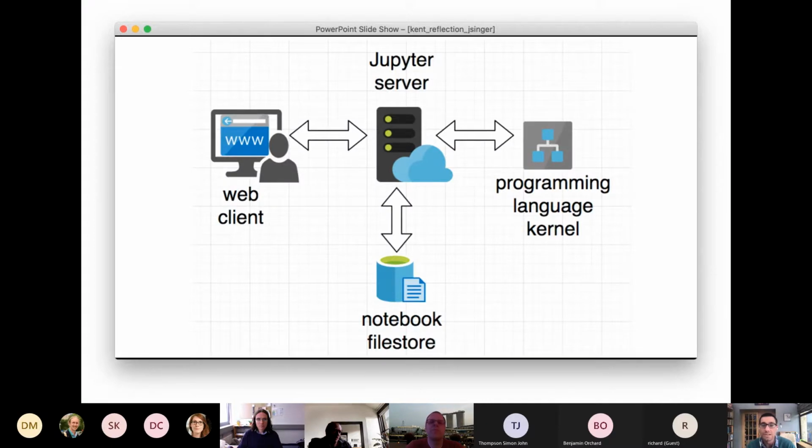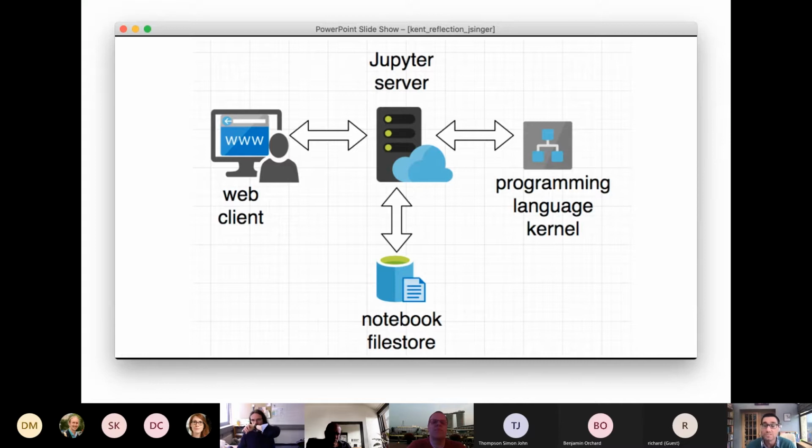The architecture of the Jupyter system is very much distributed. So the user is interacting via a browser in some kind of client device, and they're sending messages over HTTP to a server.